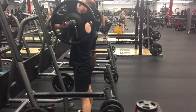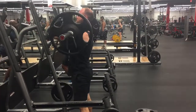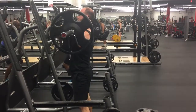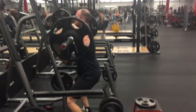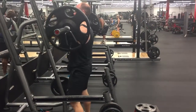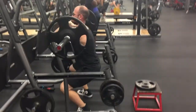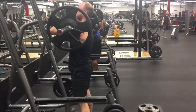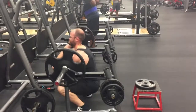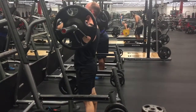And I definitely want to keep working on my form with the front squat. I have really good depth. I think I have good ankle mobility, hip mobility, everything is where I want it to be, but my upper back is rounding too much. Not keeping the bar high enough, not keeping my elbows high enough up. You see how they dip down there? I don't like that. And I definitely think if I want to get stronger in this movement,